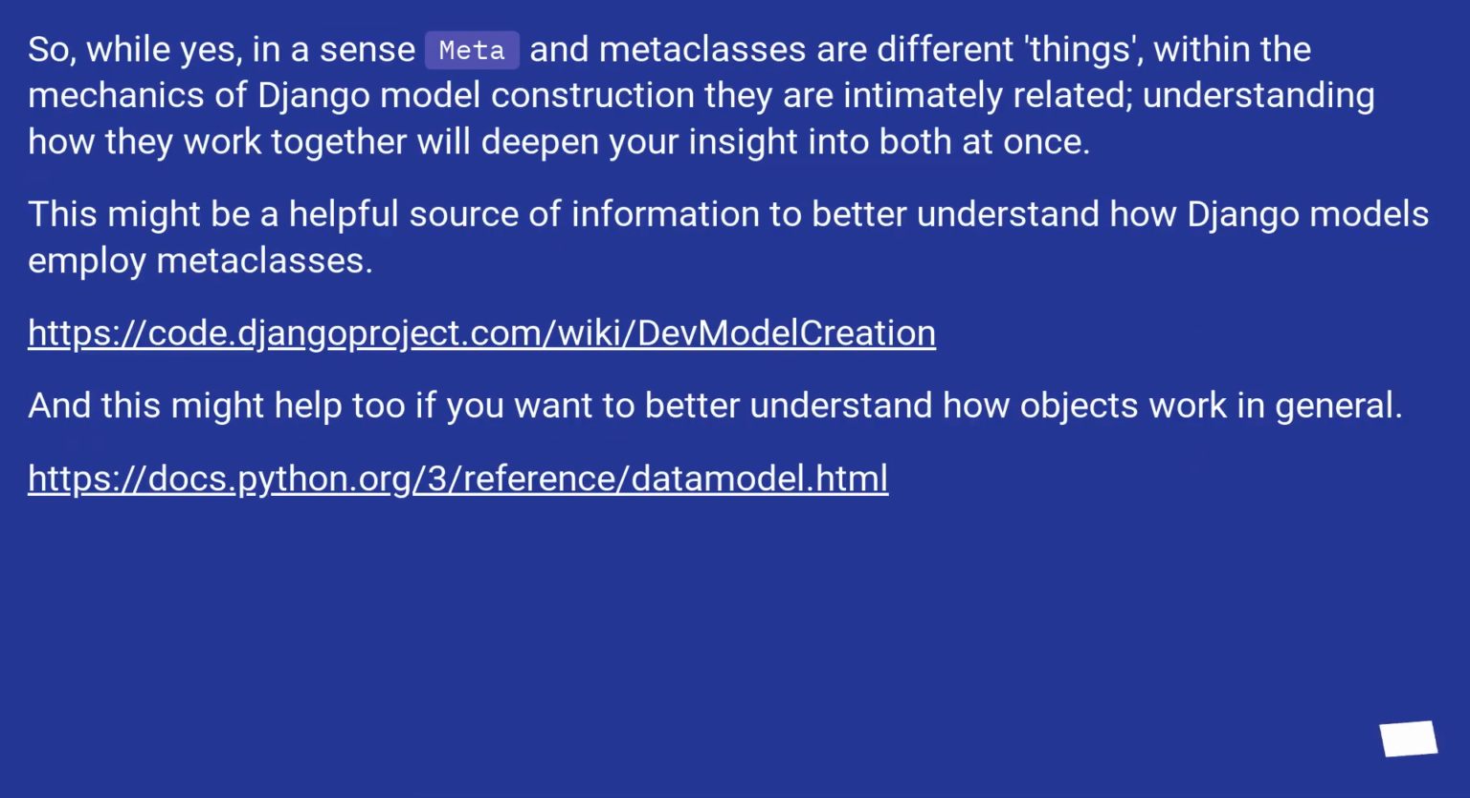So, while yes, in a sense Meta and metaclasses are different things, within the mechanics of Django model construction they are intimately related. Understanding how they work together will deepen your insight into both at once. This might be a helpful source of information to better understand how Django models employ metaclasses. This URL. And this might help too if you want to better understand how objects work in general. This URL. Even though you are pushing the requirement